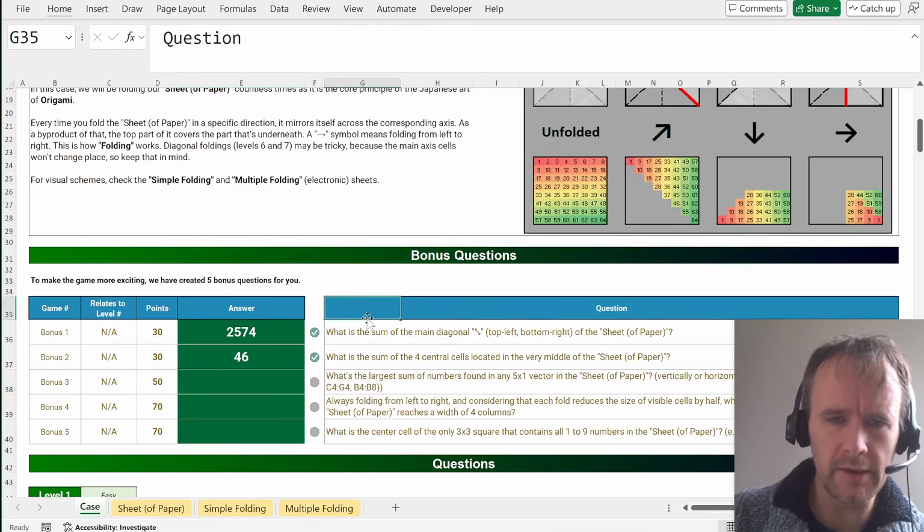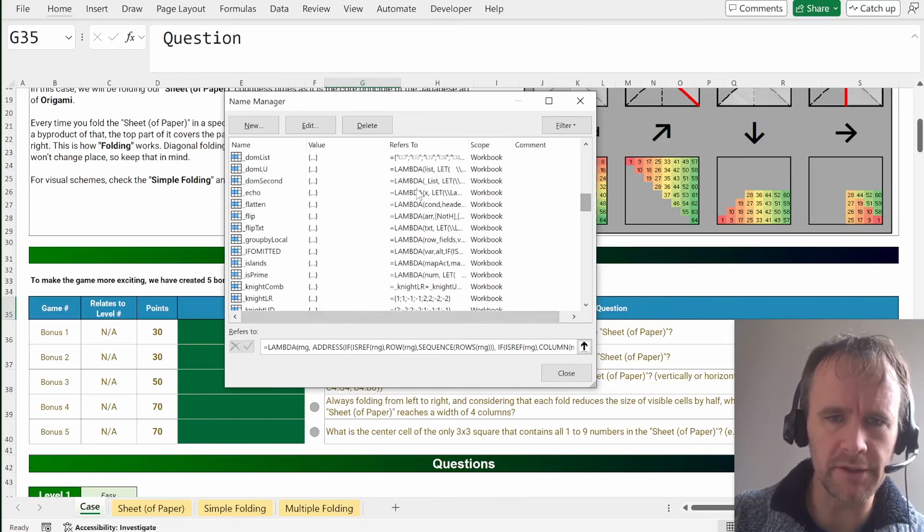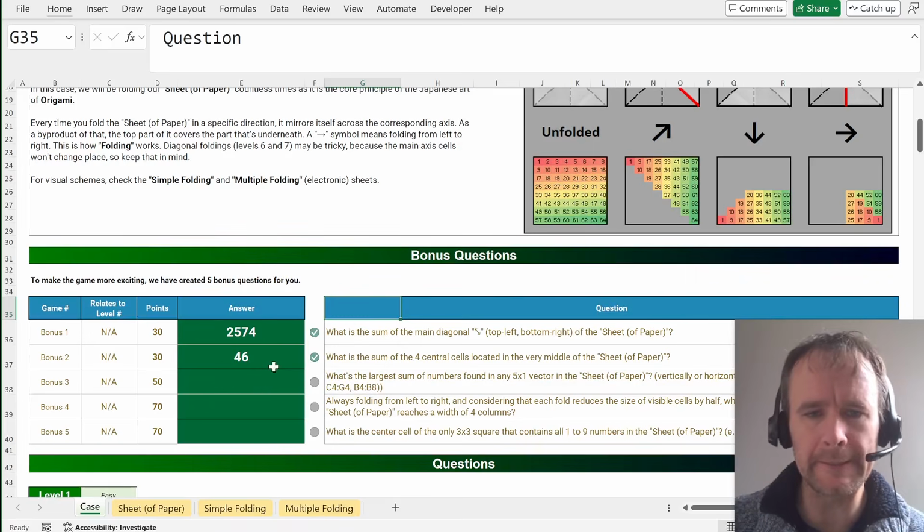That's better. So just call that and it pulls in all of my custom functions. I've got a whole bunch of things here. You can see that most of them start with lambda, which means those are functions. A few of them are just stored values. Okay, so then